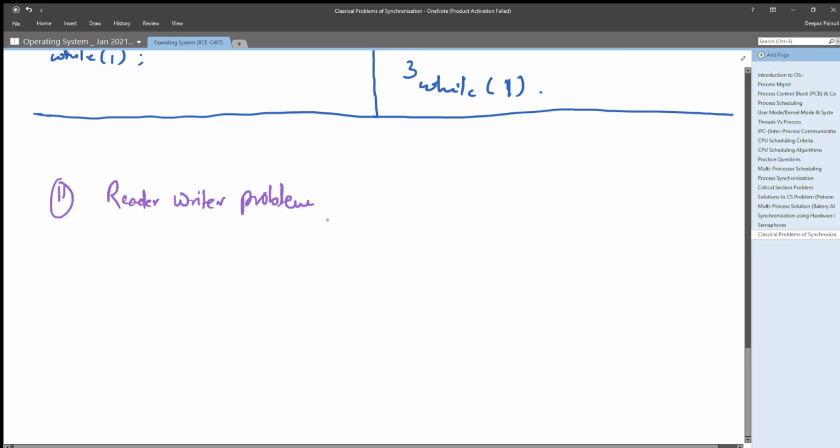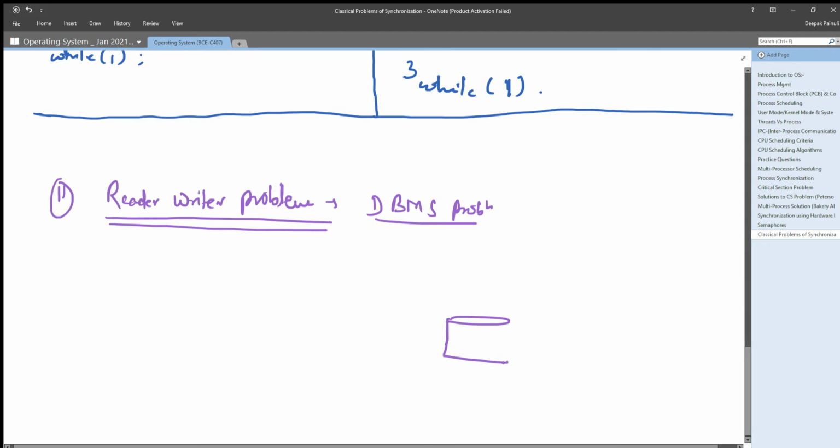As the name suggests, this is a problem related to reading and writing, right? This problem mainly deals with the DBMS, where we have a database of records, right?